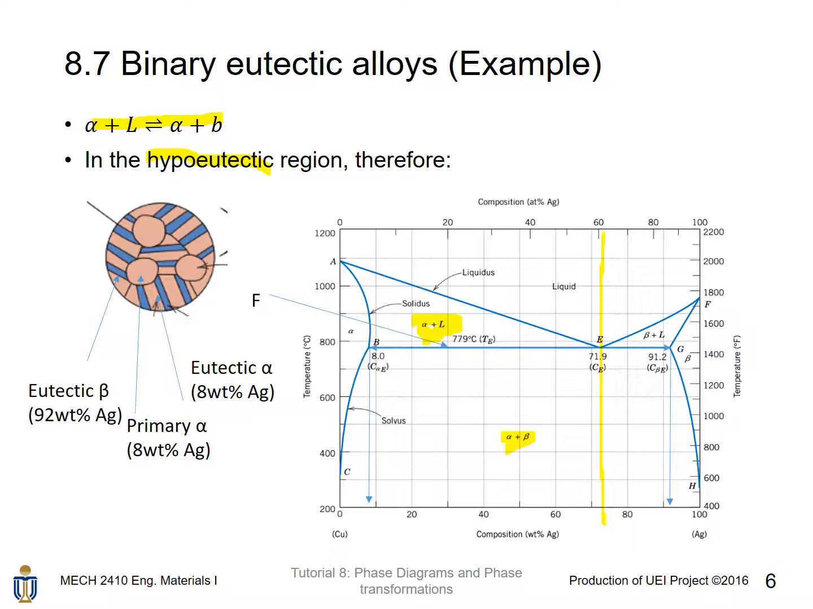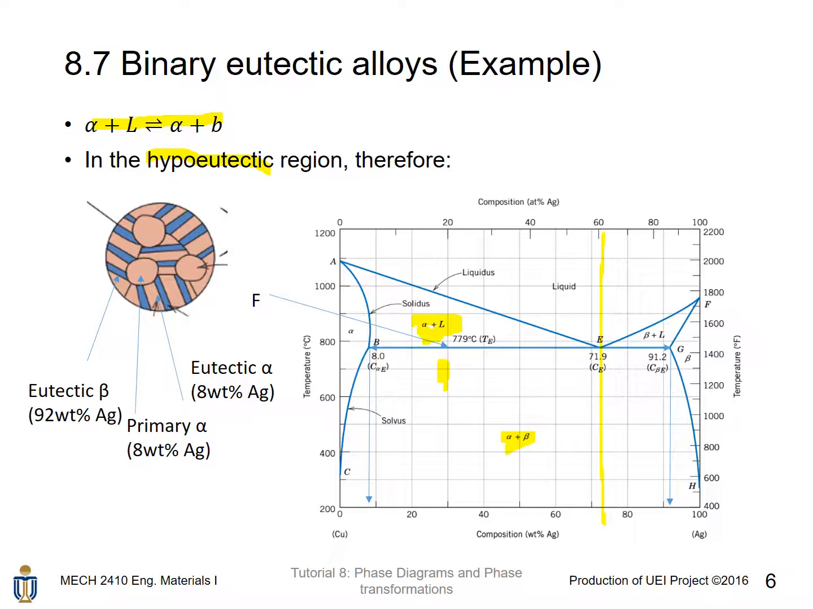Just below point F, it is around here, and it is completely solidified according to here. And the first solid to form is the primary alpha, according to the region just above point F. It stays alpha plus L. And when you draw a tie line just at the solidus line, it indicates that the primary alpha has 8 weight% Ag,